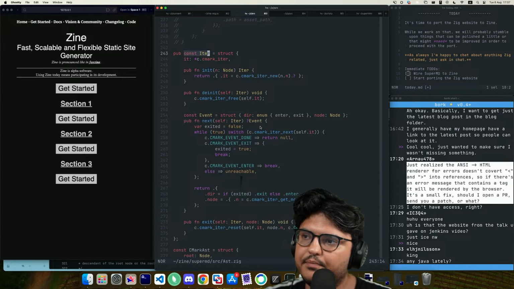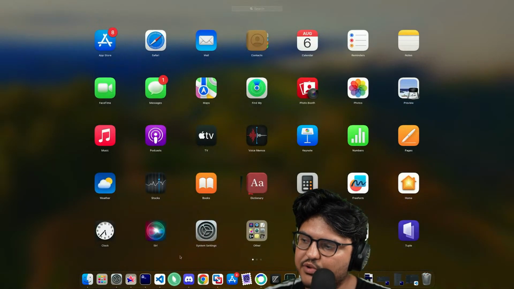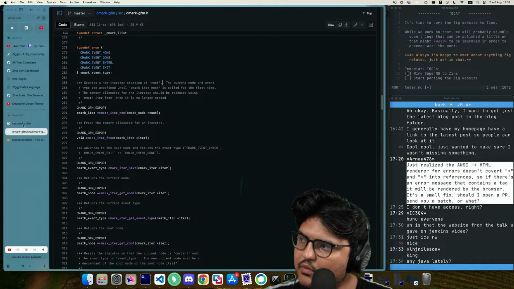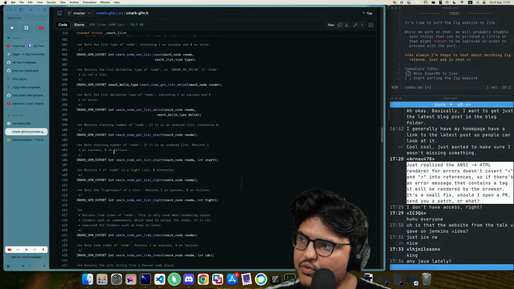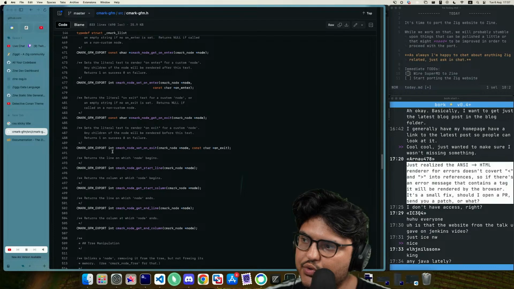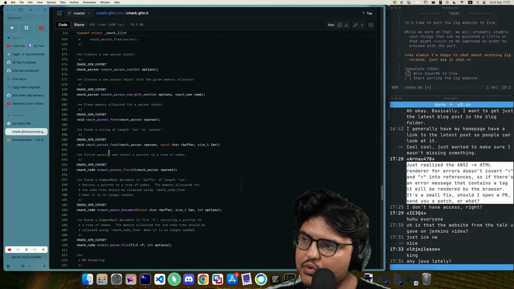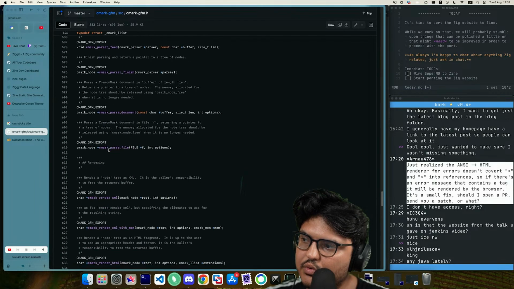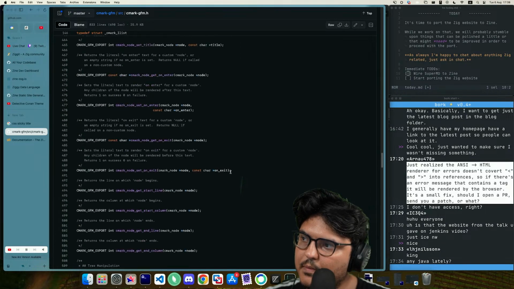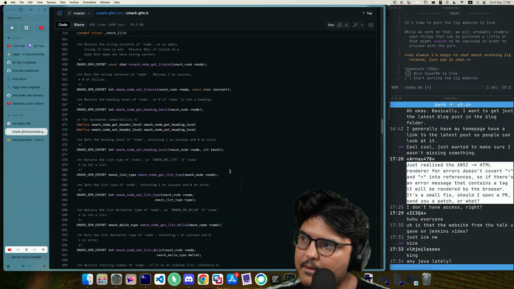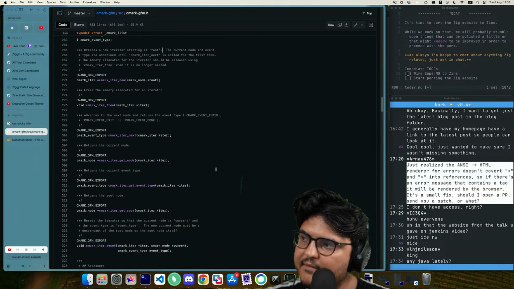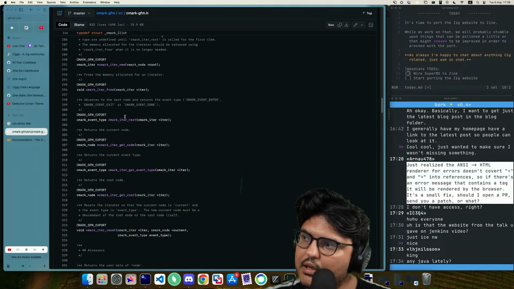So let's see what we have here. Let's see what operations we have at our disposal here. Oh man, I'm clicking everything. What other operations can we do with the iterator? New, free, next, get node, get event type, get root, reset.